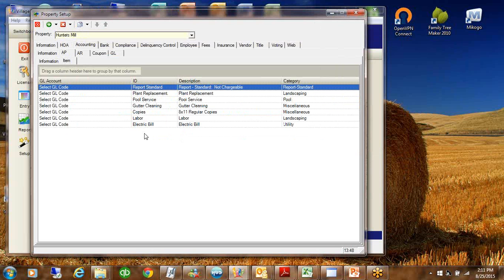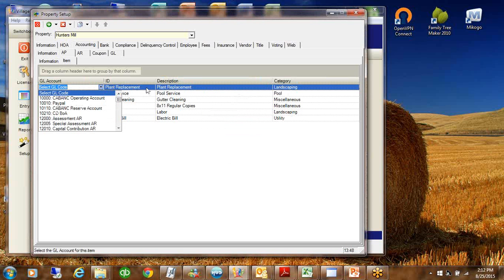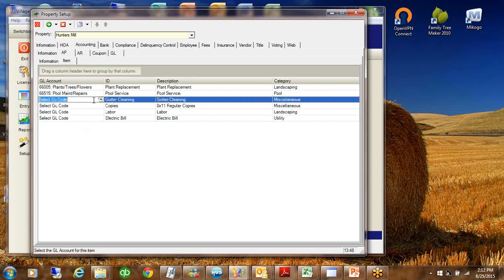Now, once you get them in there, even though we encourage your chart of accounts to be the same, not everybody's is. So then you would say what the GL code associated with that item is. So I'd come down here: plant replacement, there it goes, pool service, okay, gutter cleaning,